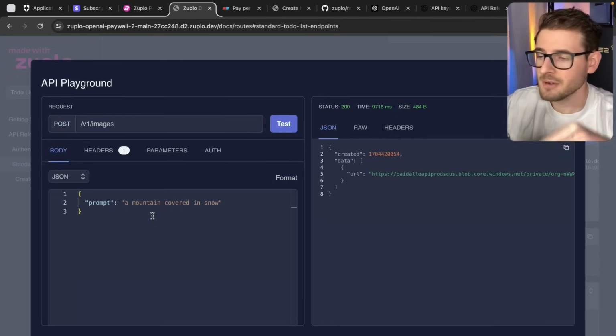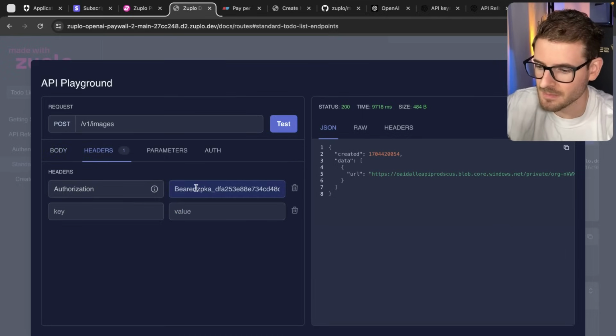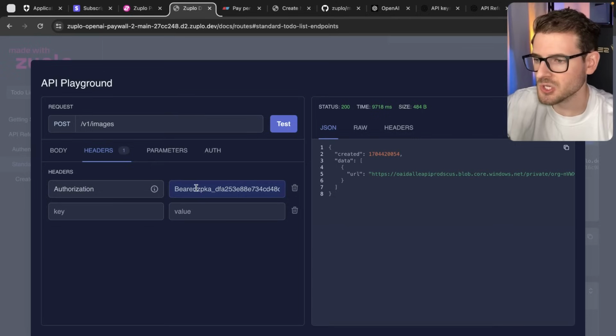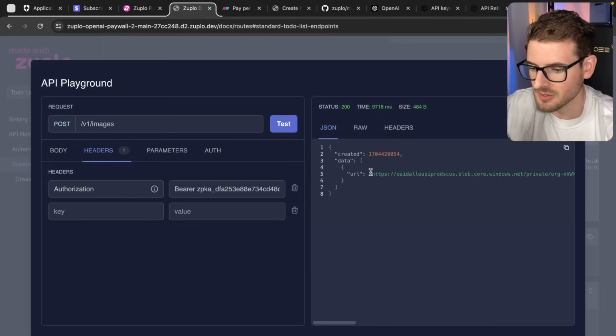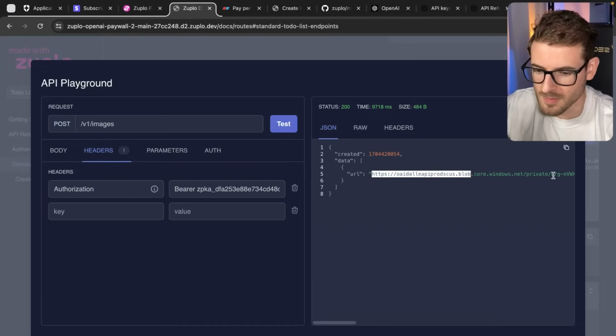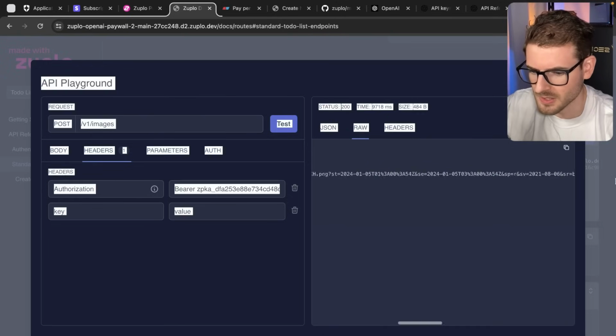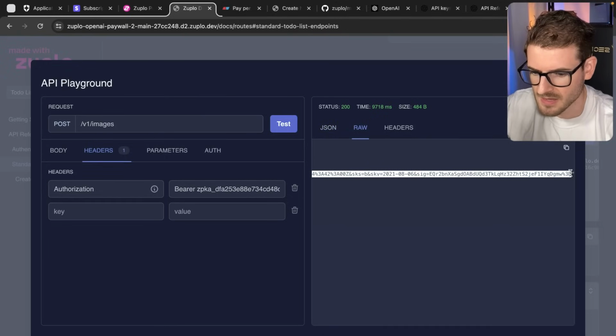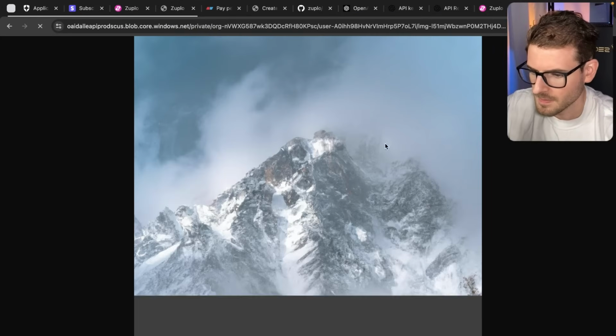So what's going on is I'm making a request to Zuplo. Zuplo is taking that key that I passed in the header. It's decoding it and making sure that I track the usage of the user who's attached to this key. And then it makes a rewrite to OpenAI. It attaches a header so that I can actually make the request with the proper permissions. And it gave us back a response. So if I were to look at the URL here, I should have an image of a mountain